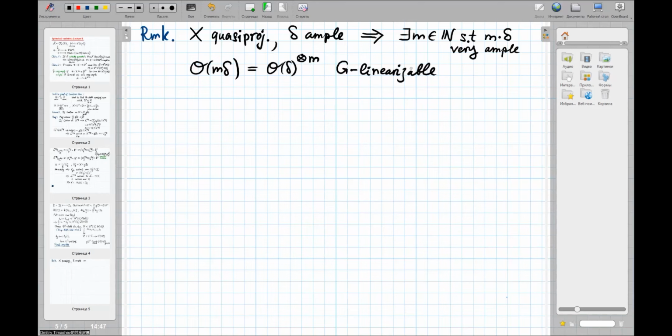Even if delta were very ample at the very beginning, the action of the group G on X might not lift to the line bundle defined by delta. But if you replace delta with its tensor power, which is still ample and even very ample, then we can get such a lifting for the G action itself. Okay, and arguing as before, we see that there exists a G-stable finite dimensional